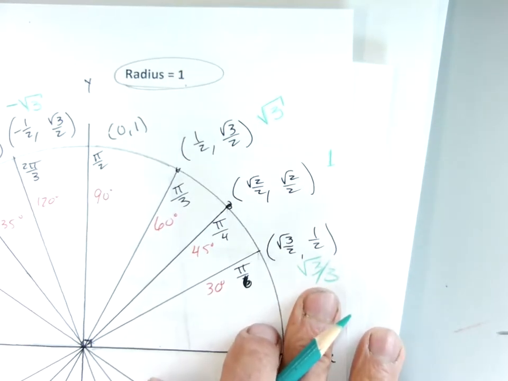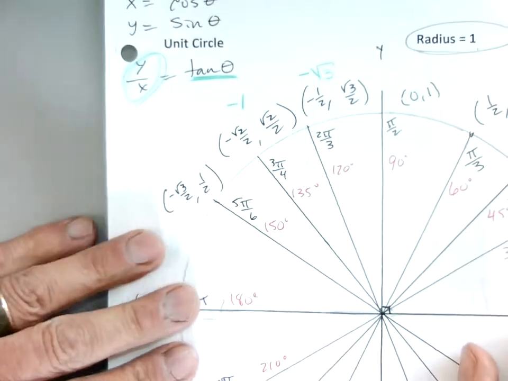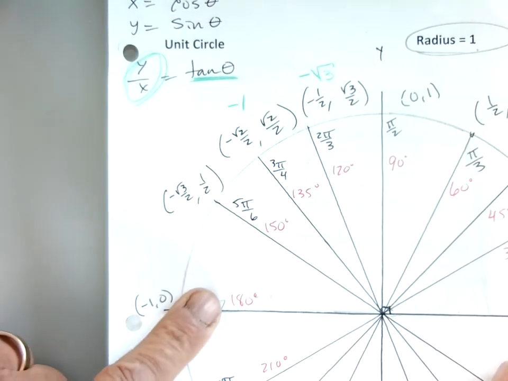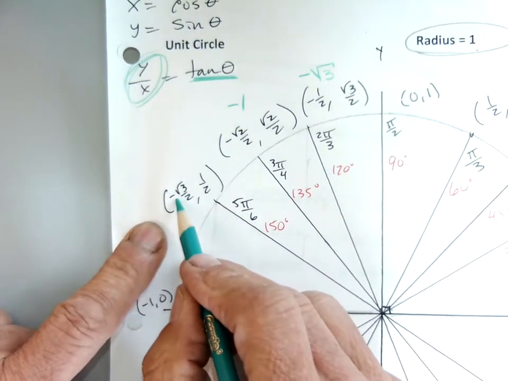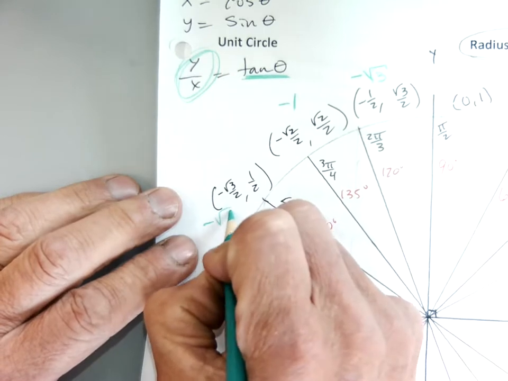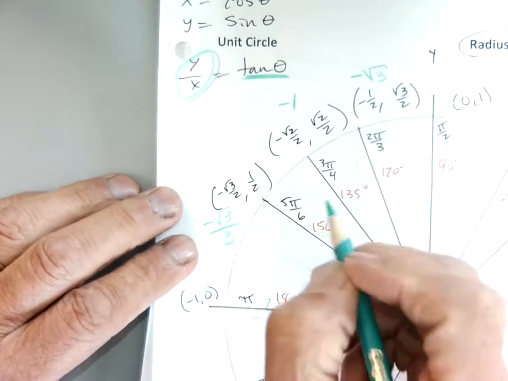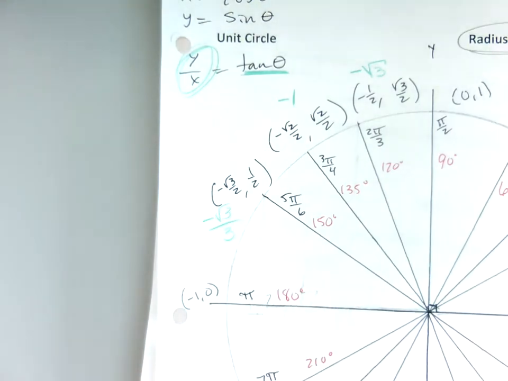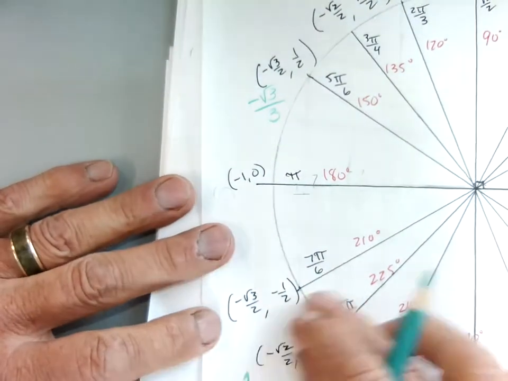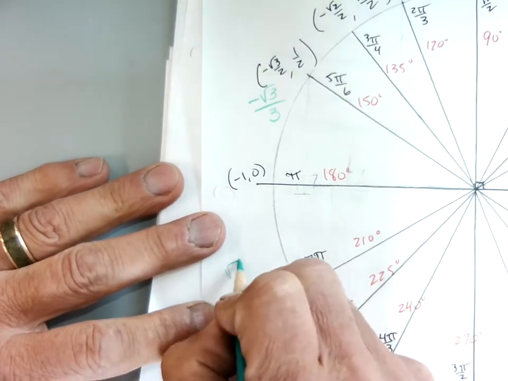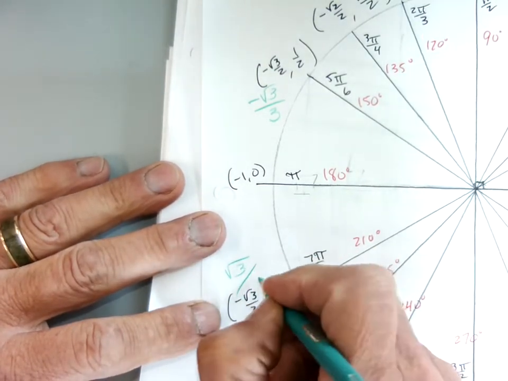It doesn't show very dark, but that's okay. And then over here at 150 degrees, we'll have the same 30-degree angle, but it's going to be negative because of the negative here, so it's going to be a negative square root of 3 over 3. These are just convenient because I'd rather just say what's the tangent value, versus trying to figure this out every time. I've got another 30 degrees here, but I've got the negative divided by the negative, so it's just going to be a positive square root of 3 over 3